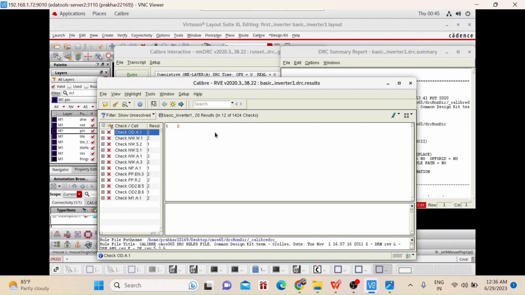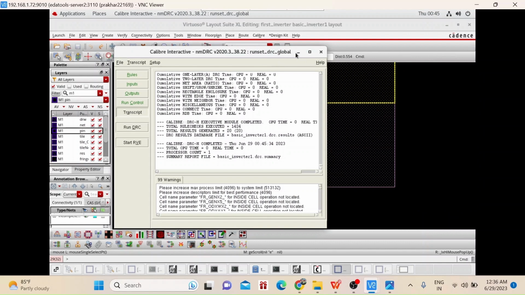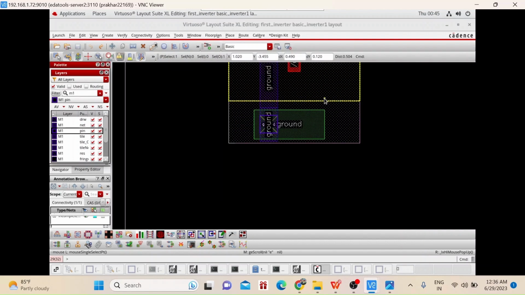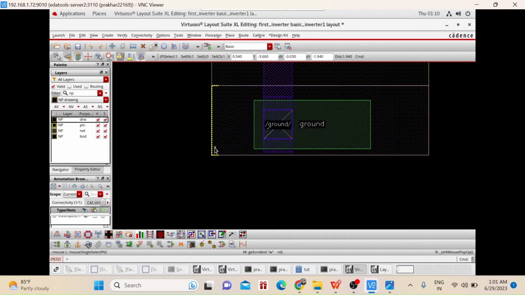You can see before changing the area of the diffusion layer there are 24 errors. Only 20 errors are left. So let me remove them also. With my prior experience, you can practice on your own layout.